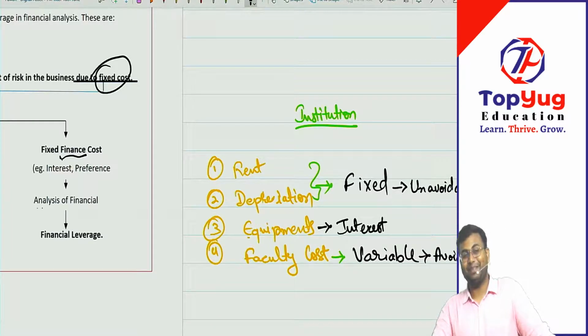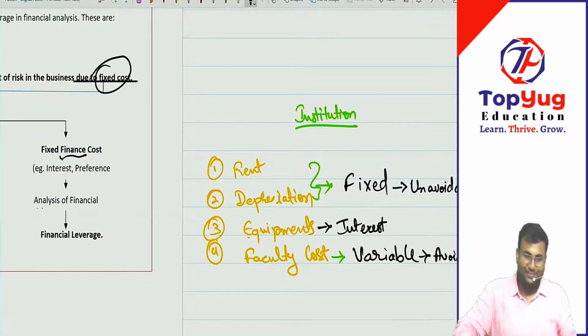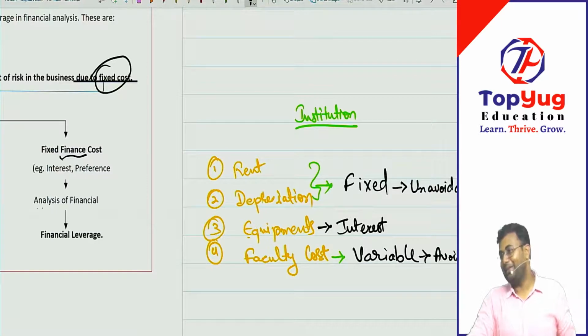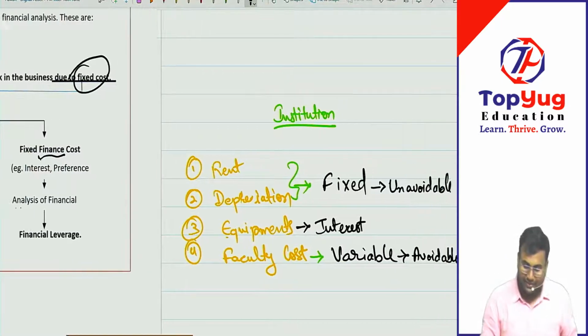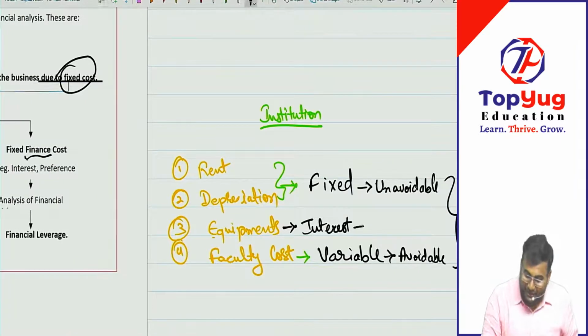Possible? Possible? How? Would bankers accept a camera and computer in return for their money? So that means you have to pay interest. Yes, that means you have to pay interest. So again, this interest is also fixed.